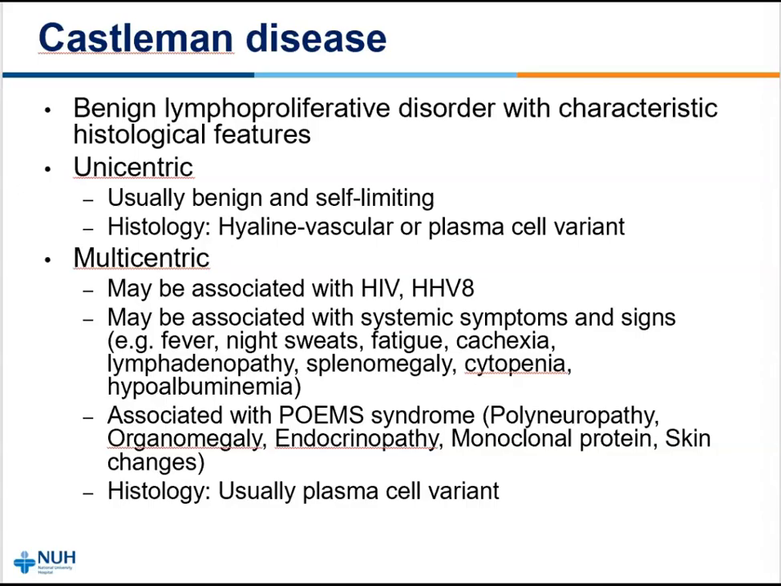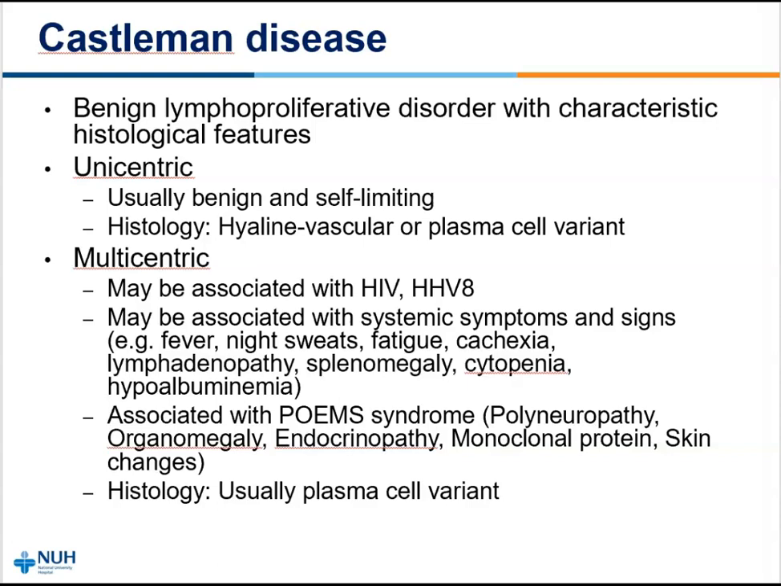The multicentric form of the disease is more commonly associated with HIV and HHV-8 infections. Patients are more likely to present with systemic symptoms and signs such as fever, night sweats, cachexia, lymphadenopathy, splenomegaly, cytopenia, and hypoalbuminemia. It may also be associated with the POEMS syndrome, which is a complex of polyneuropathy, organomegaly, endocrinopathy, monoclonal